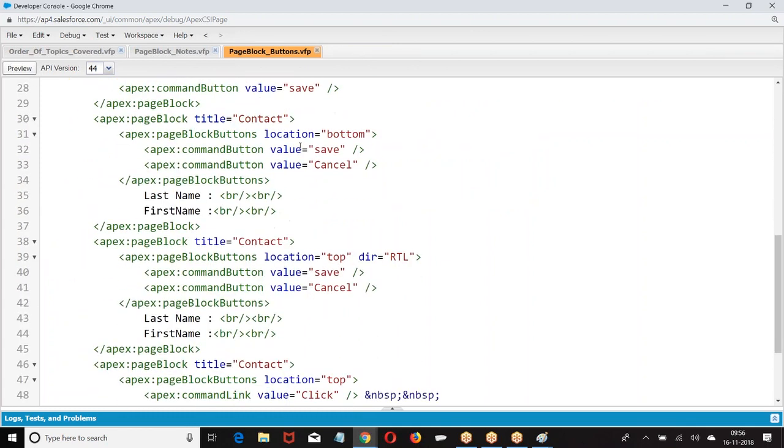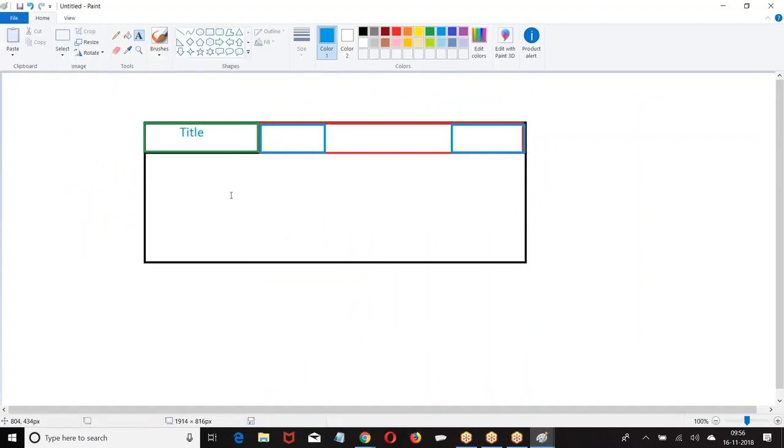People have followed. Look at the code. Page block buttons. Now let us do an example.